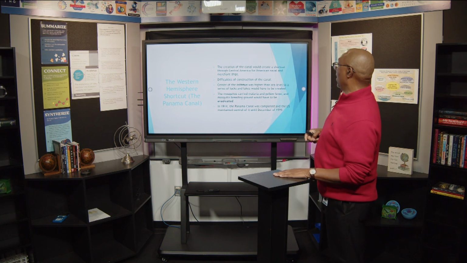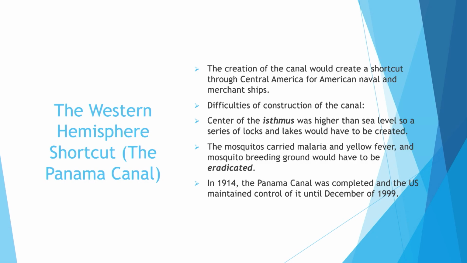The creation of the canal would create a shortcut through Central America for American naval and merchant ships. Difficulties of the construction of the canal: the center of the isthmus was higher than sea level, so a series of locks and lakes would have to be created. The mosquitoes were a huge problem, which carried yellow fever, and which meant that they had to be eradicated. And in 1914, the Panama Canal was completed,